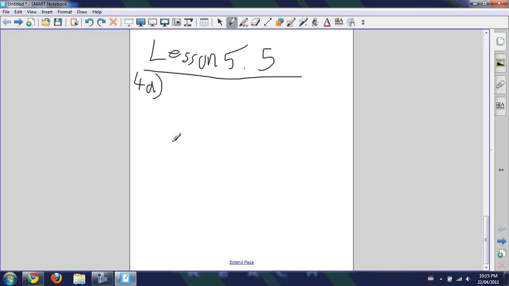Okay, so the question says factor if possible, and 4A says 3y squared plus 4y minus 7. So it's just like before, you find the common factors, 1 and 3,